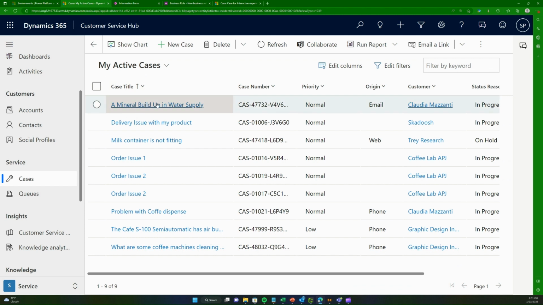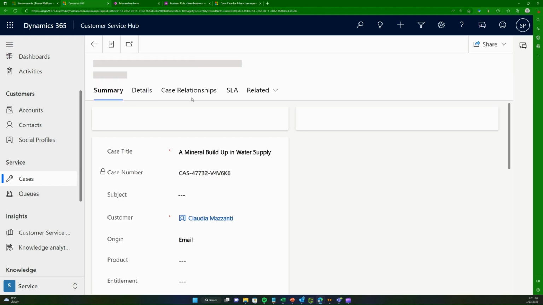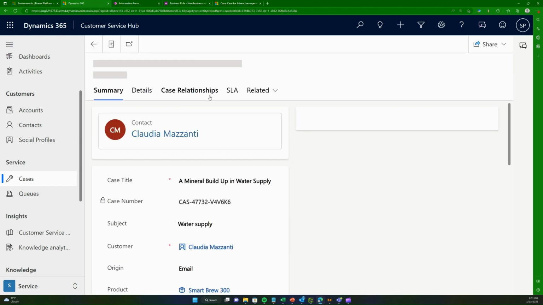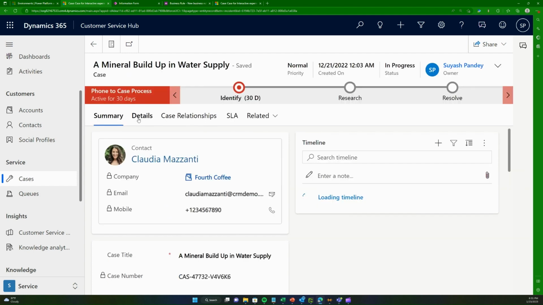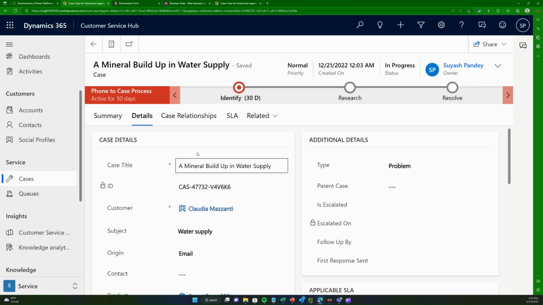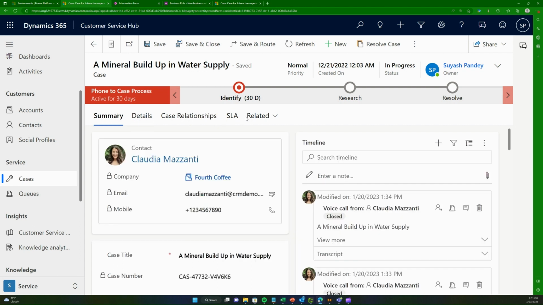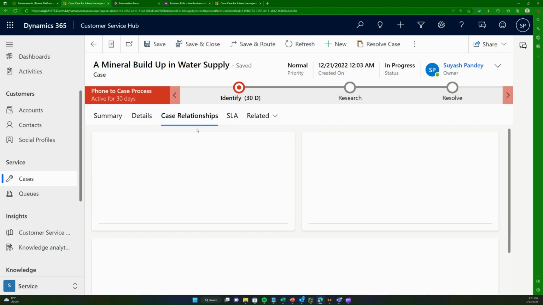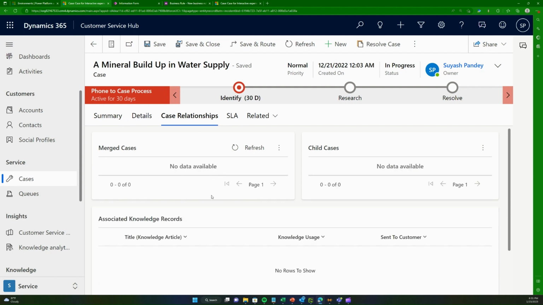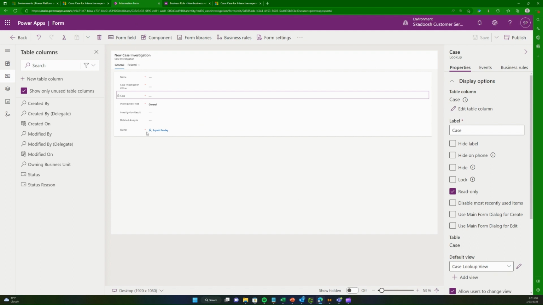Our goal is to make sure that on a case level, we can add related investigations, which we have no option to. And that's why, just like how it's showing details right now on this form, I want to create a new tab, and these are called tabs, which will be called case investigations, like you see case relationships, right? I can create a new tab called case investigations, and I want to be able to see all the related case investigations, but I should also be able to add case investigations directly from there. So that's why